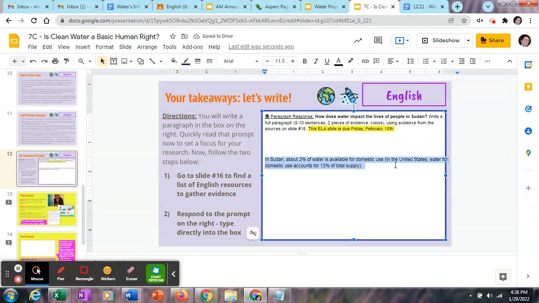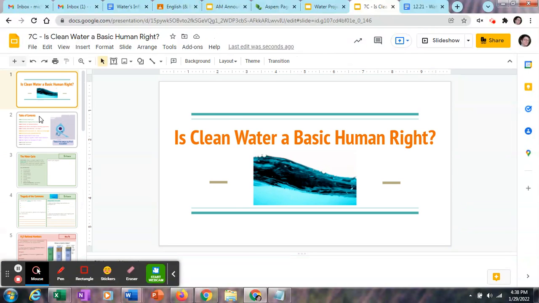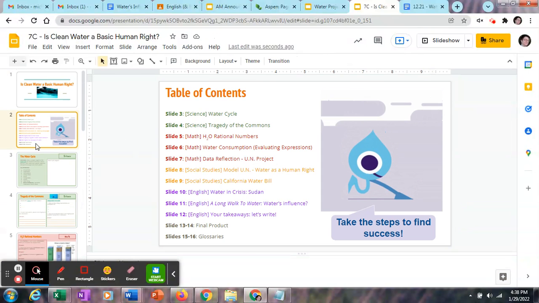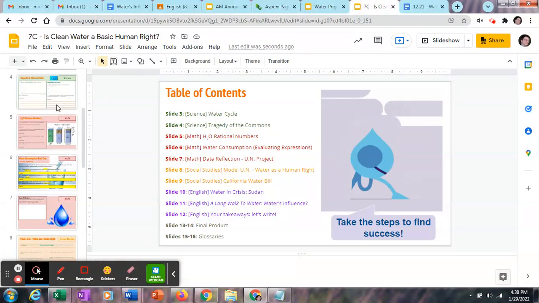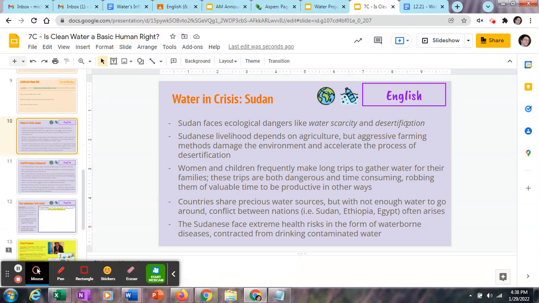Maybe I look at 3 or 4 or 5 of the resources from the glossary, get a few good pieces of evidence, and I'm ready to write my paragraph. I then would type it in here, and any leftover notes at the end I don't need anymore, just delete them. Simple as that. So you see how it's organized, these slides. You got a cover slide at the beginning, table of contents to show you how it's organized. Your subject-specific work is color-coded, and you know which subject it is because it'll always say in the top right corner. So you know this is English because it says right there in the top corner.